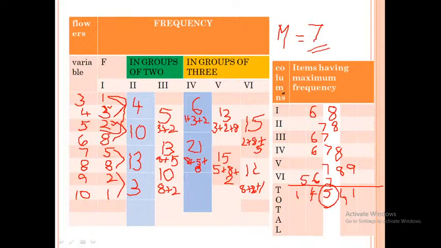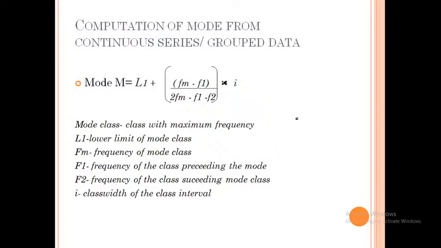And this is how you find the mode of bimodal data by the grouping method. Finding mode by this method is known as the grouping method. By grouping the frequencies you find the mode. Now next we'll see how we find the mode by using equations in the case of continuous data.